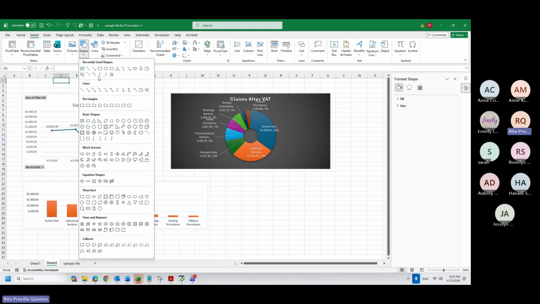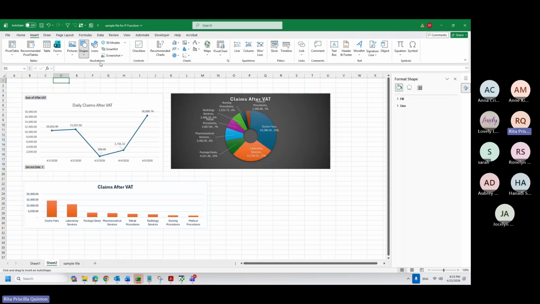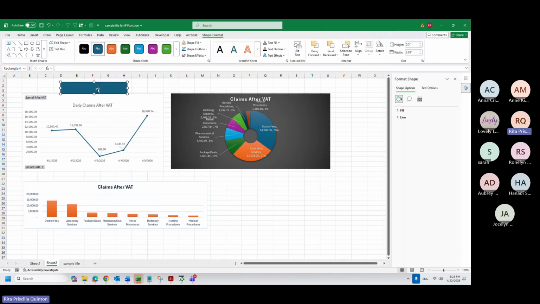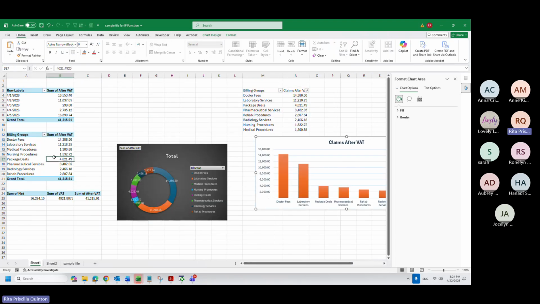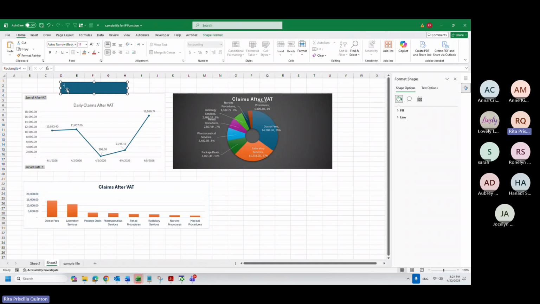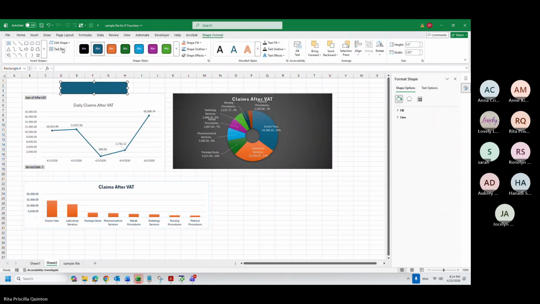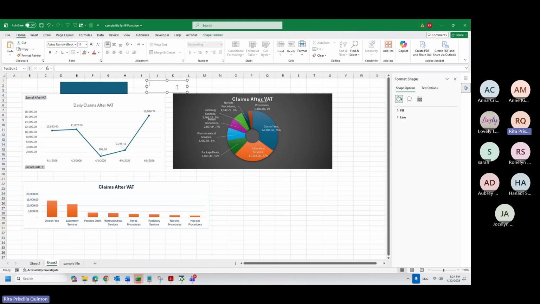This is the first time also I will try. Let's insert a shape, which we will link. Let's try to link. It's not linking. Better text box.